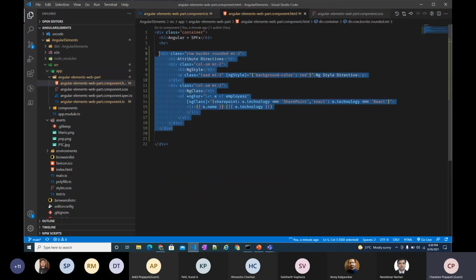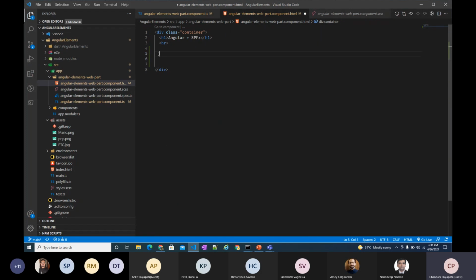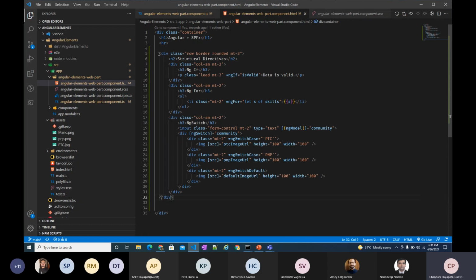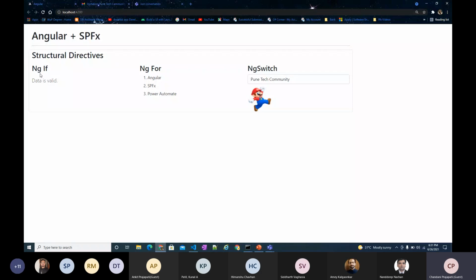Now let's see how we can use structural directives. One is ngIf, ngFor and ngSwitch. For ngIf, I have created one variable as true. If it is true, it will print data is valid. Otherwise, it will not print.